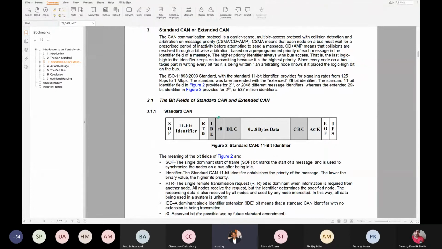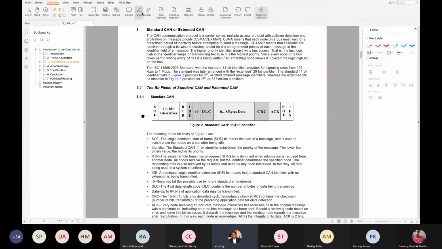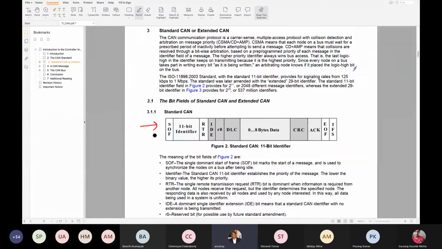So this is the standard CAN. You can see there is a start of frame, then there is an 11-bit identifier. Then there is a remote transmission request, the RTR bit.